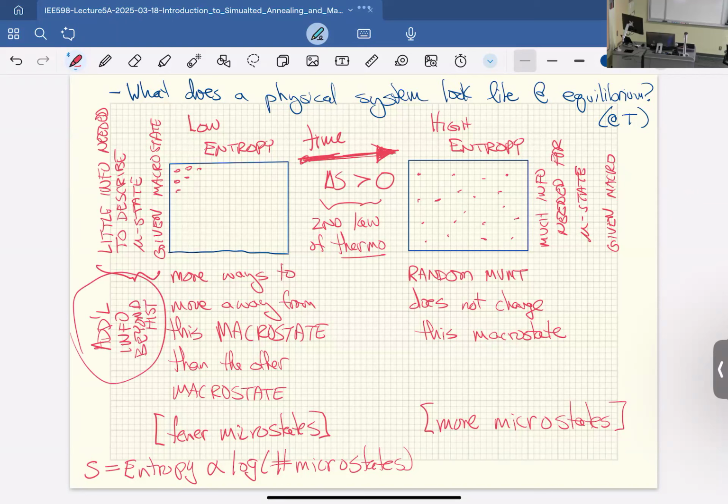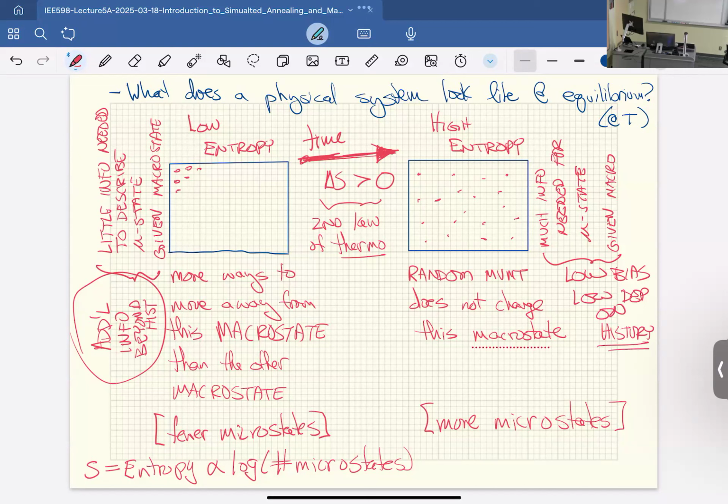So when you know the history of the system, you need very little additional info to specify what state the system is currently in. But over time, you lose all of that history. So that's another thing that we talk about with high entropy configurations. This goes along with this idea that you have low bias. So there's low bias, there's low dependence on history.